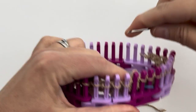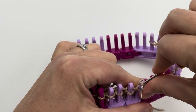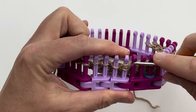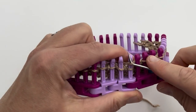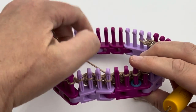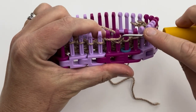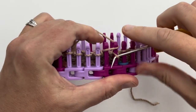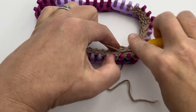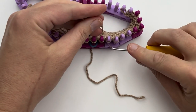You can pick this one up and move it back again, or do the trick that I was telling you earlier. You can see this is a little bit tight. So go ahead and knit those 2 stitches together. All right, and then yarn over. And then the very next set is going to be knit 2 together, yarn over, and it has an asterisk on the pattern. So knit 2 together,